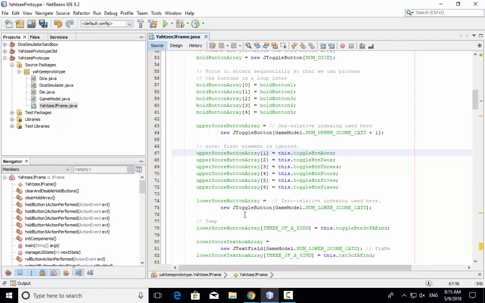Okay, but we've got that sorted out. And then we have this lower score button array. Now we're going to keep this 0 relative, right? See up here we added one when we allocated it, or when we constructed it. We added one more than we had so that we could do this strange numbering. But here we don't need to do that. But notice that the only one we have done so far is the 3 of a kind toggle button. That's the only one in the array. The rest of them, the array elements are there, but they're just not pointing to anything, or they're not referencing